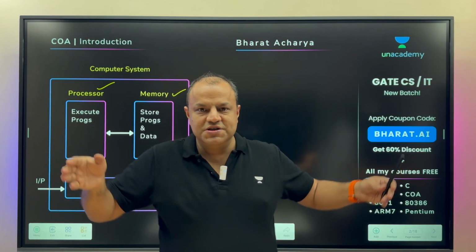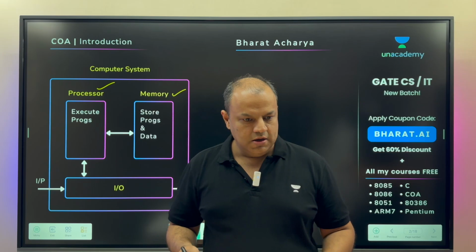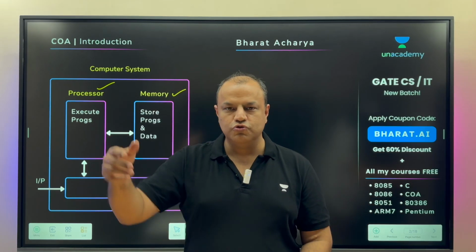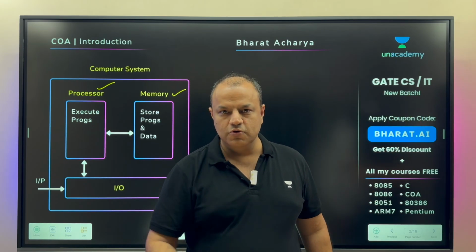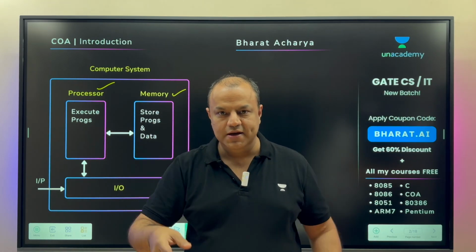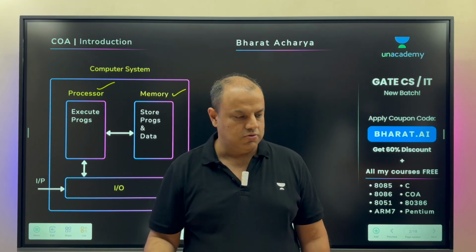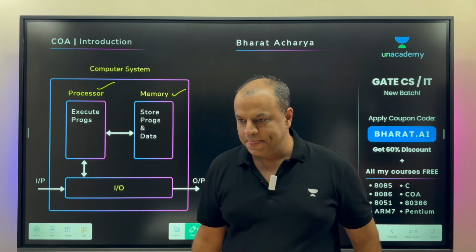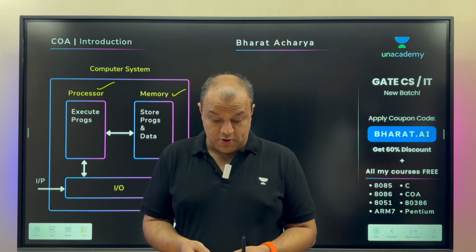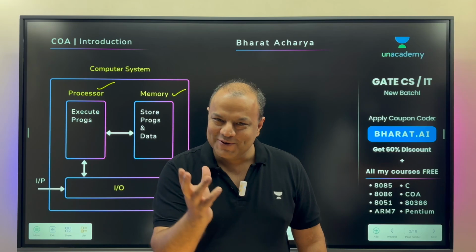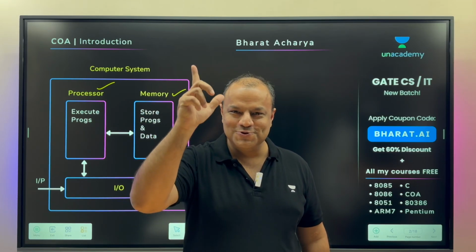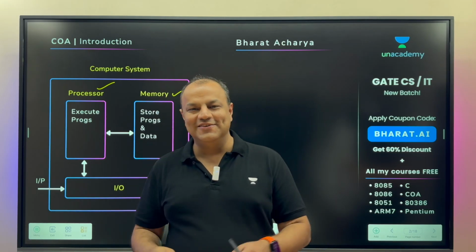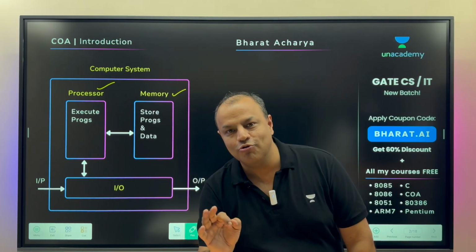If a washing machine is a computer system in its own right, what is the processor doing inside? Is it washing our clothes? No. It's running a program that throws soap, throws water, rotates the clothes, and adjusts the speed so that the clothes are washed the way we want. A microwave or an oven is again a computer system in its own right. Is the processor inside really cooking our food? No. What is it doing? Rotating the dish, maintaining the temperature, showing and counting the seconds, ringing the alarm when the food is cooked, and so on. They are all controlled by a program.